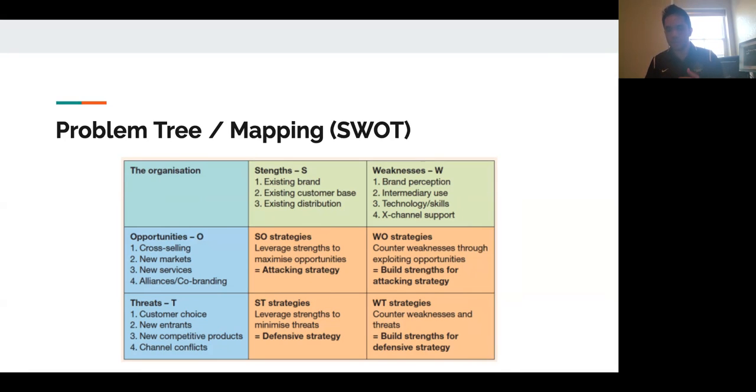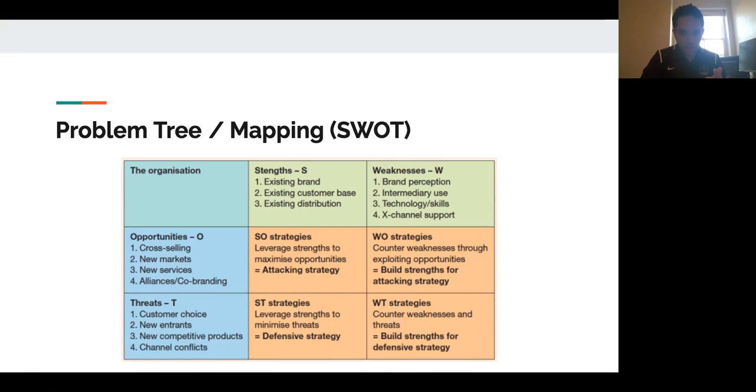WT is the opposite to that, which is to build strengths for the defensive strategy, or building upon the weaknesses for the defensive strategy. And so when you get into a problem structure, you then have each problem, and that could then be defined by a SWOT analysis. So at each node that we had, for example, here,